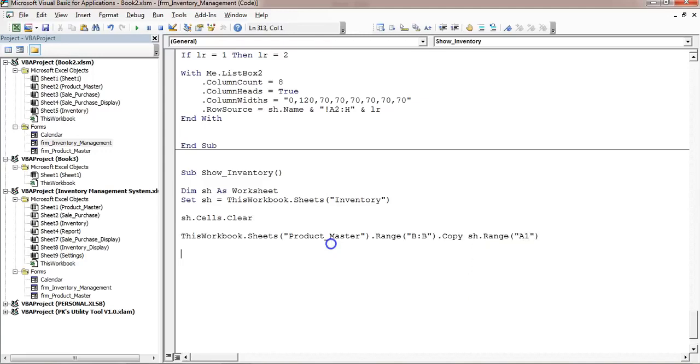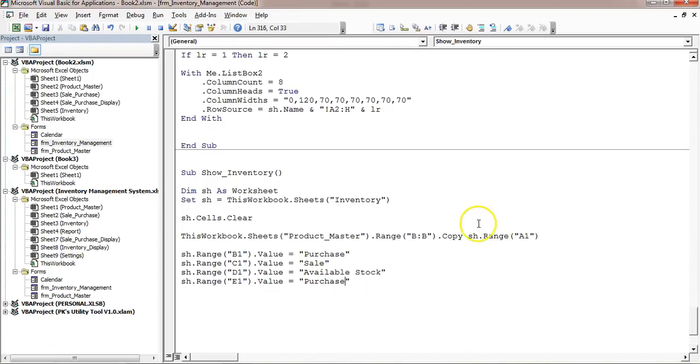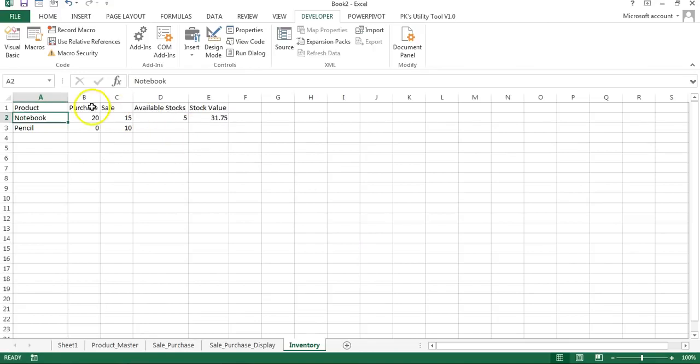Okay, now we have the unique products in column A. We will create some other headers like sh.Range. The B1 will be purchase, then we'll take C1, D1 and E1. The C1 will be sale, then D1 will be available stock, then stock value. Alright, so we have created the headers.